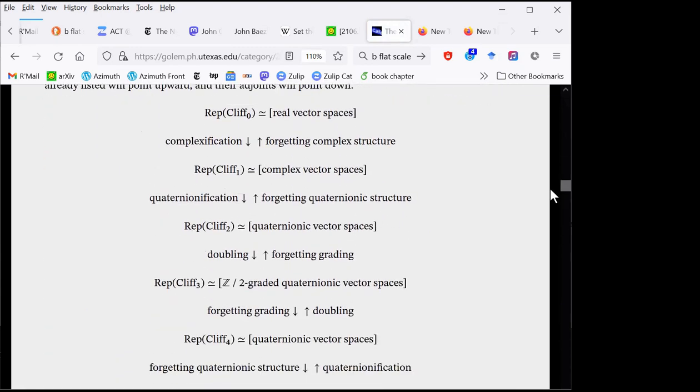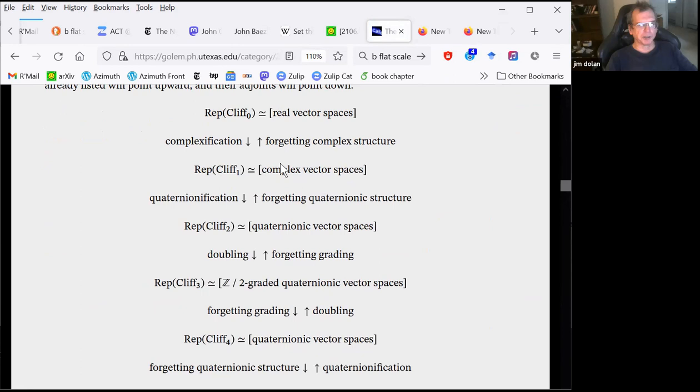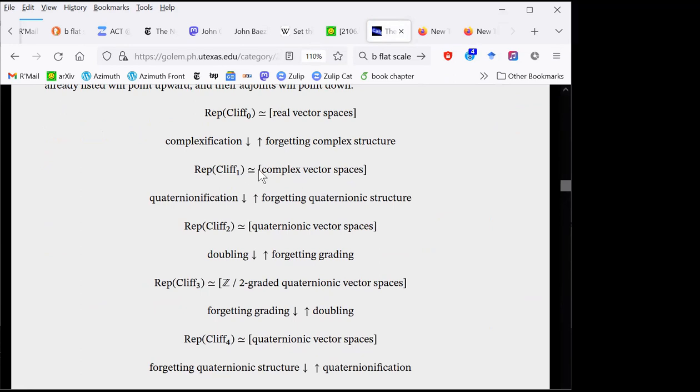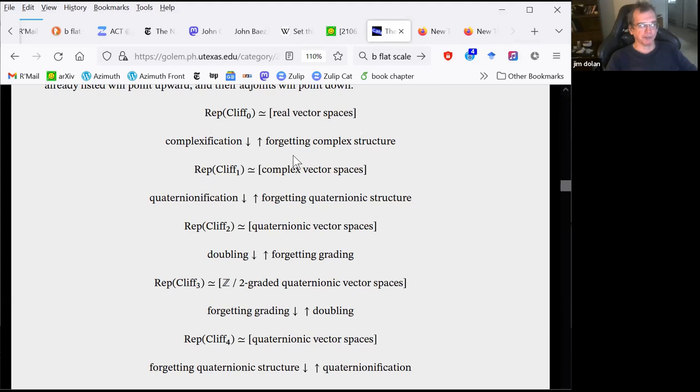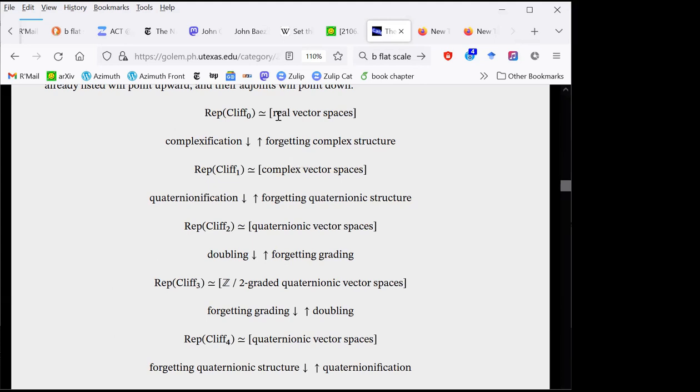Representations of Cliff 0 are real vector spaces, representations of Cliff 1 are complex vector spaces. Here I was not including the star module stuff, just thinking of those modules. And so then you get this. But you are including the super stuff, is that right? Here I was not even including the super stuff. Okay, but those are issues you should worry about. Yeah, that's right, I probably should, the super modules. But it's certainly helpful to get a start with this stuff. So here you have real vector spaces and complex vector spaces in this adjunction.